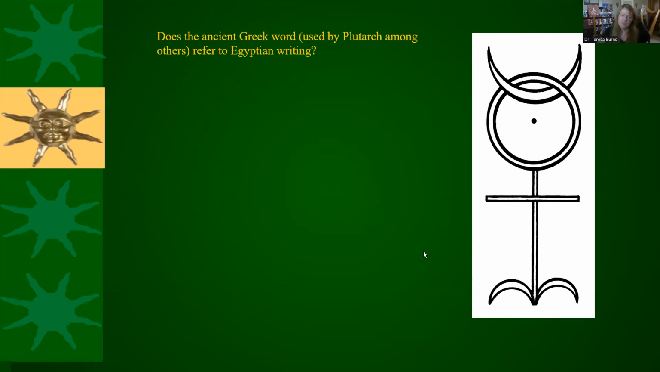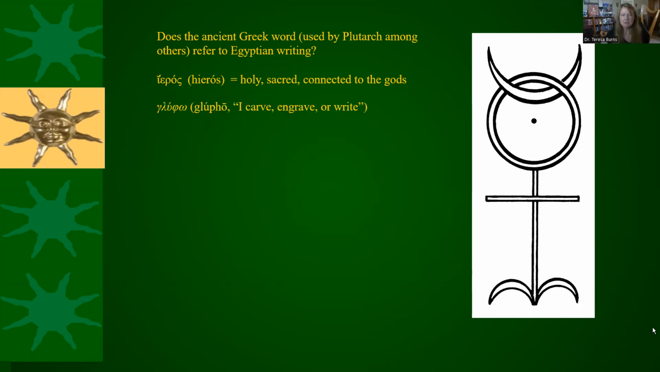Well, then you'd have to go and look at the ancient Greek word and see if it refers to Egyptian writing. What we know in ancient Greek is pretty clear. It comes from hieros, which means something that's holy, something that's sacred, something connected to the gods. And a glyph is something that is carved. Writing is a type of glyph. A symbol is a type of glyph. So, all right. Now, that means that basically a hieroglyph is sacred writing, sacred symbol,